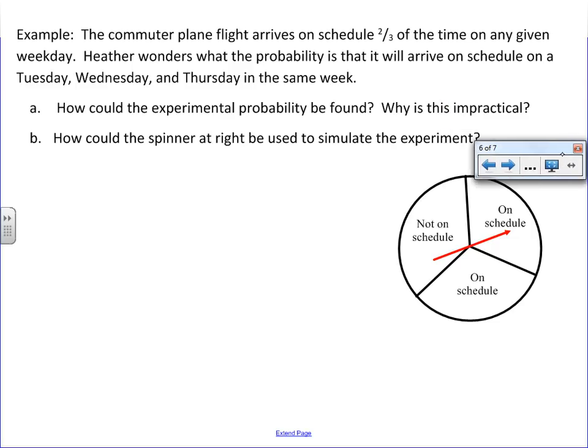The commuter plane arrives on schedule 2/3 of the time on any given weekday. Heather wonders what the probability is that it will arrive on schedule on a Tuesday, Wednesday, and Thursday in the same week. How could the experimental probability be found? Why is it impractical? Well, for it to be experimental probability, you actually have to do the experiment. So, for her to check the probability of it arriving Tuesday, Wednesday, and Thursday in the same week, she'd have to go Tuesday, Wednesday, and Thursday in the same week to check and see what number of the flights arrived on time